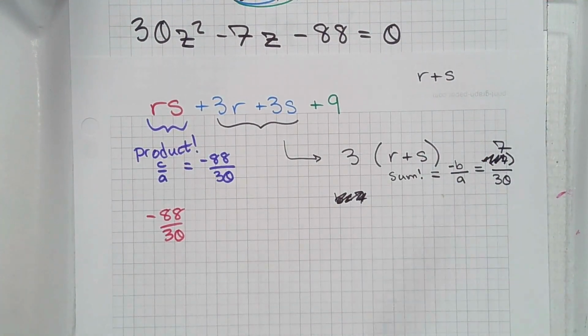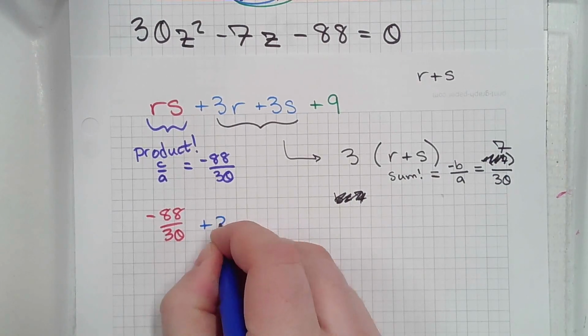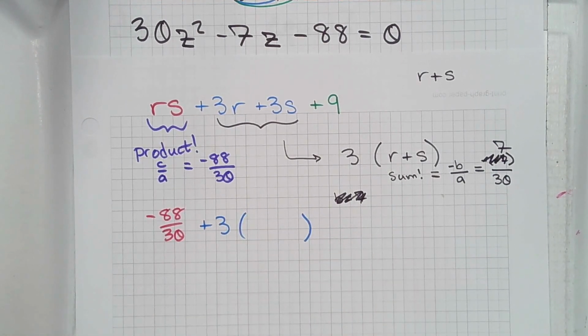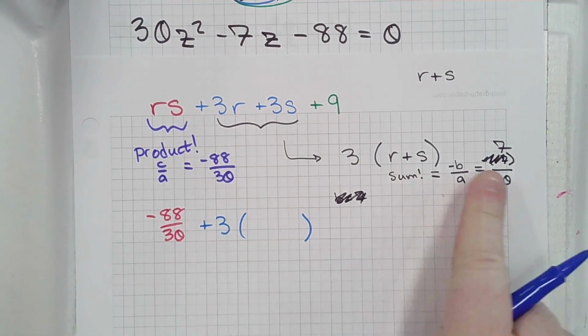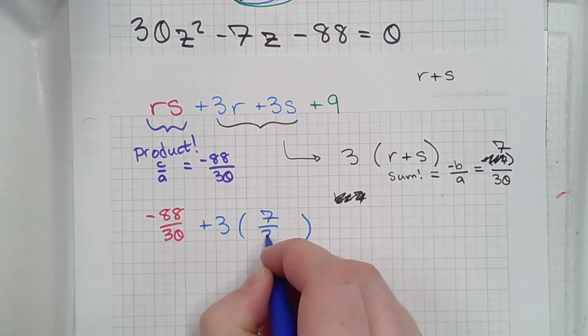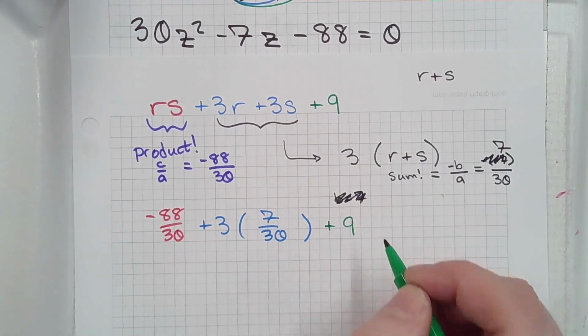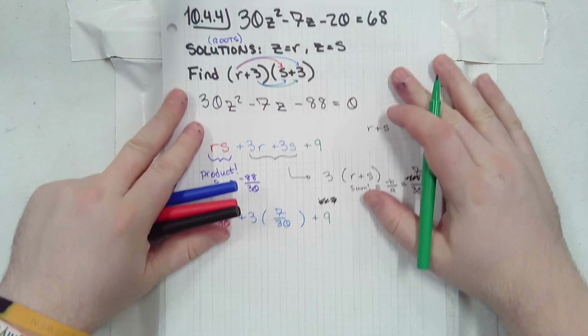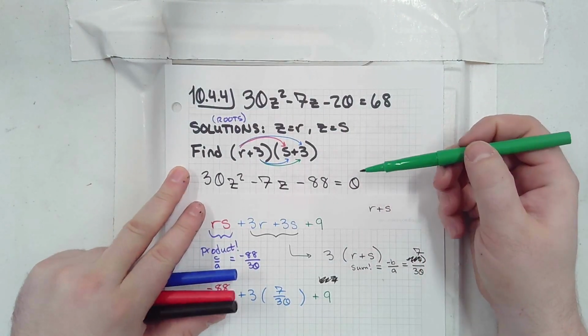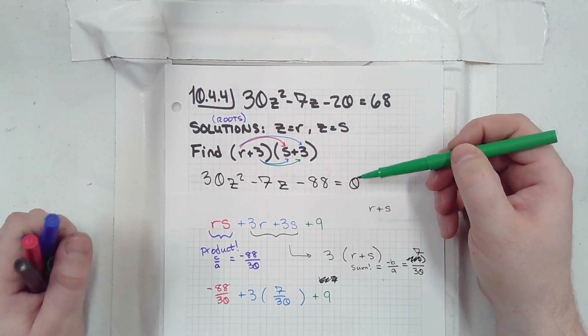This blue part becomes plus 3 times whatever R plus S is. And we know R plus S is the sum of our roots. That's 7 over 30. And then we still have that plus 9. So without figuring out what our roots are, without having to factor this awful quadratic, I can use my properties